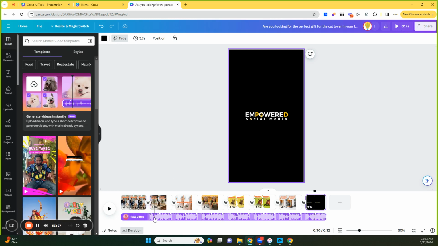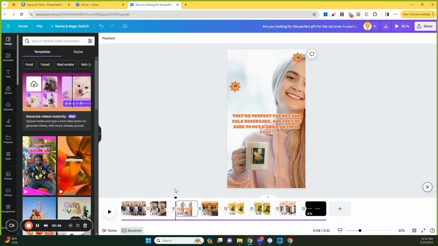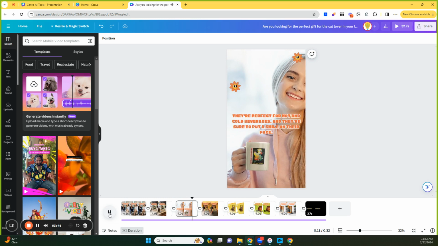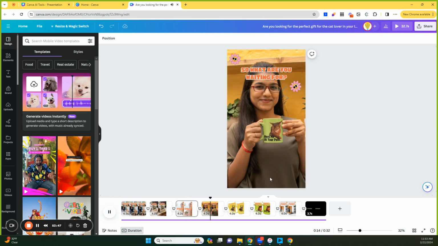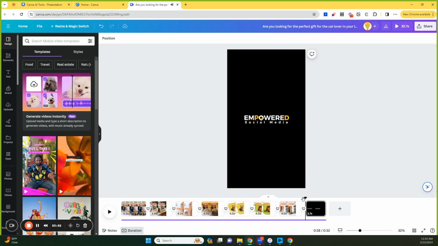The transitions you can edit, the music you can edit, and now we can see whether you start from the beginning or you can just go right to that place and hit play down here. So you don't want to have to wait 15 seconds to get to the place that you edited. You can just click here, hit play. You'll see, great. The faces in this one, maybe I want to put a little bit more. And then same thing, clicking here. So boom, just like that, in 2 minutes, it's been able to create